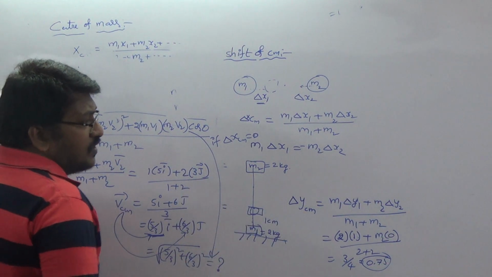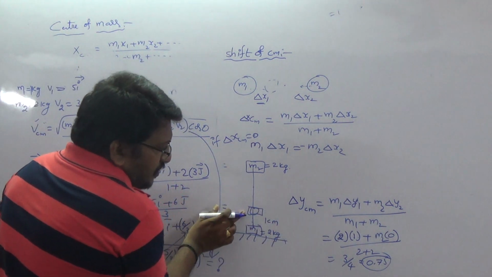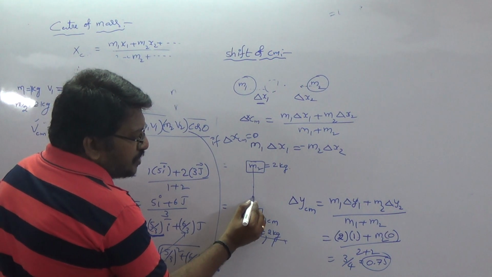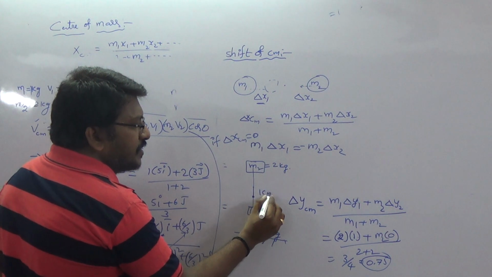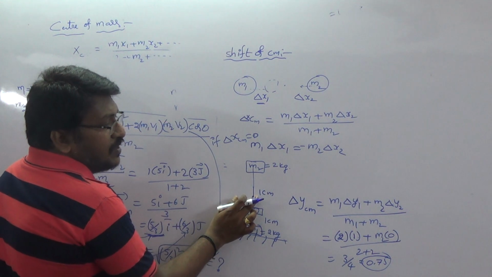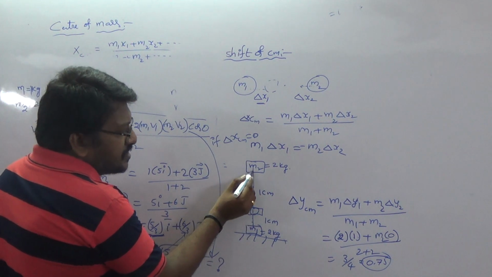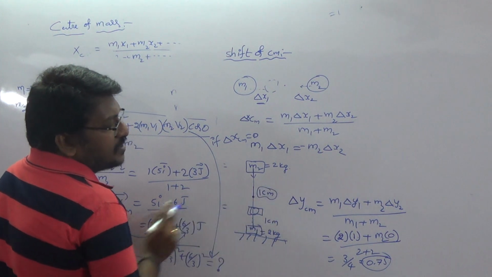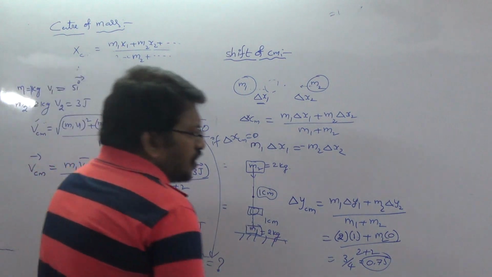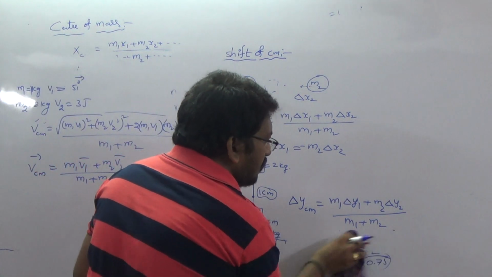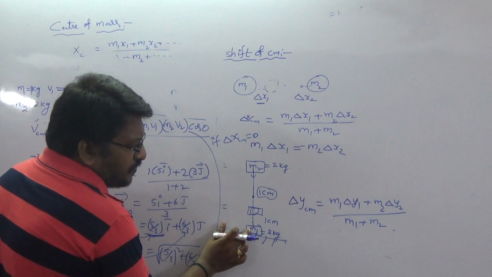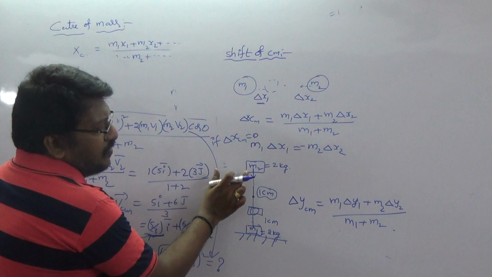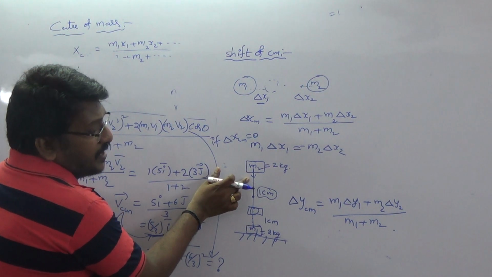0.6. Next, for example, when the first body is raised by a height of 1 centimeter, the center of mass is also shifted by 1 centimeter. Through what distance is the second body displaced such that the center of mass rises by 1 centimeter? In that case, you are going to calculate: due to the change of the position of the first body, the center of mass also changed by 1 centimeter. Then what is the position of the second body at this position?